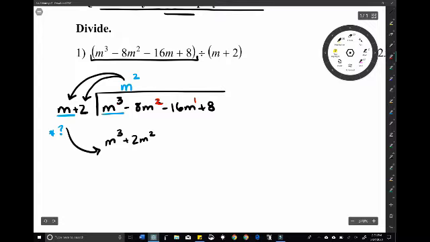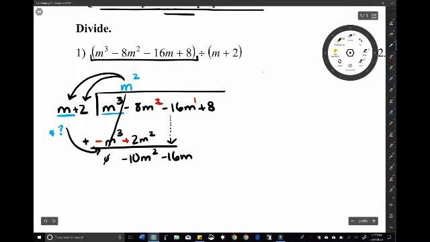Now the next little trick is we are going to be subtracting both of these. So change the signs, and then add on down. What will happen is these first two should cancel. M to the third minus an m to the third is 0, so you don't need to write that. Just be careful with this subtraction or this addition now. Negative 8 minus 2 is negative 10m squared, and we're going to now bring down the negative 16m, and we'll